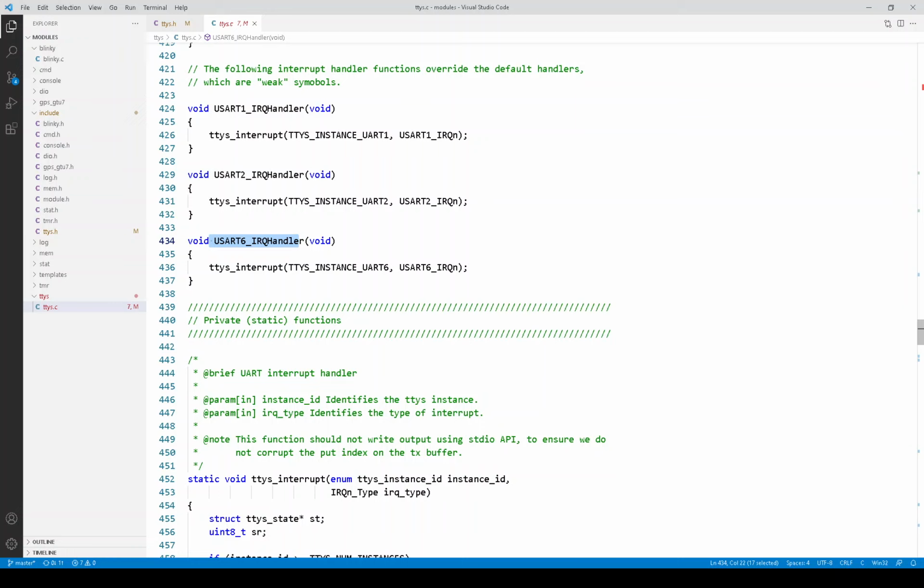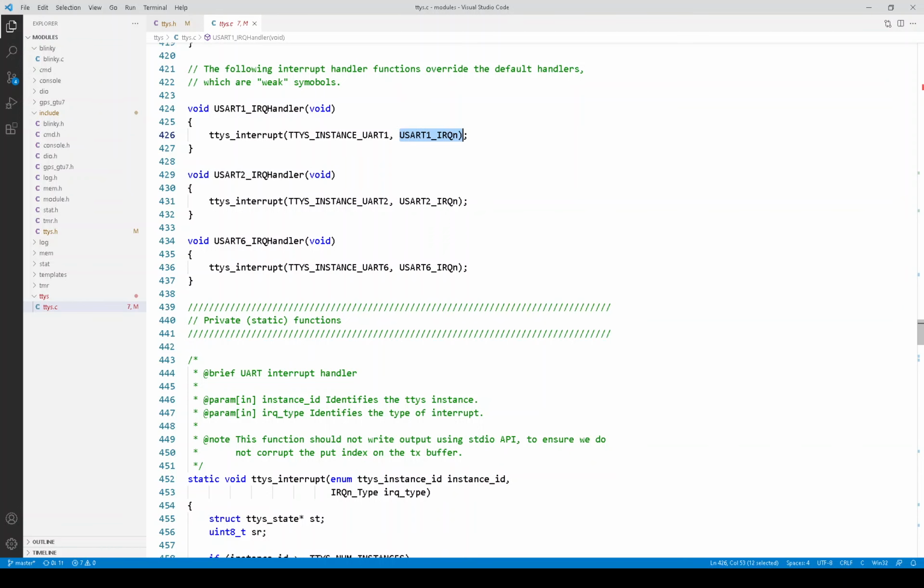It was designed specifically to make interrupts look like a C function call. With other MCUs, you sometimes have to put special keywords around here to indicate that this is an interrupt handler. In any case, all of them do the same thing. They call ttys interrupt, and they pass their module instance ID, and they pass the interrupt number, which is needed